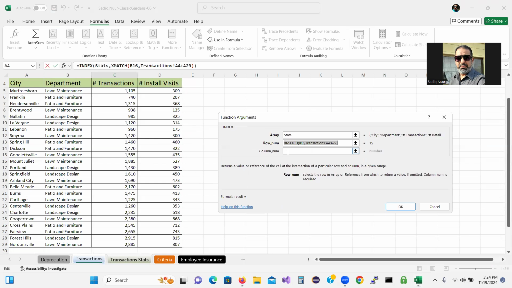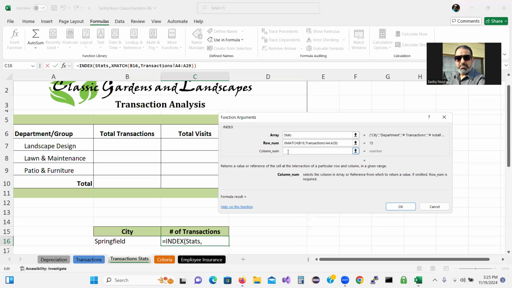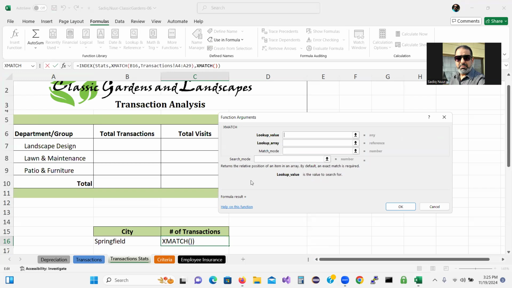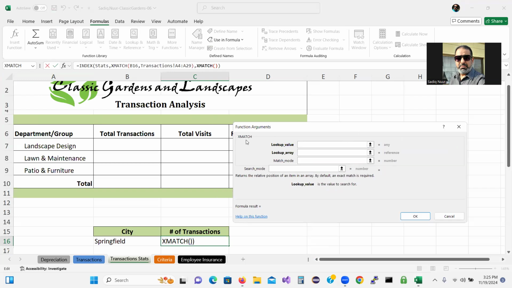Now we need to select the column number. So for the column number, we're gonna use the XMATCH again. So now you can go to the name box and click the drop down and check if you see XMATCH. I see in my case, it's the first one. I will click on it. When I clicked it, now it opens the dialog box for XMATCH. So what will be our lookup? It's gonna be